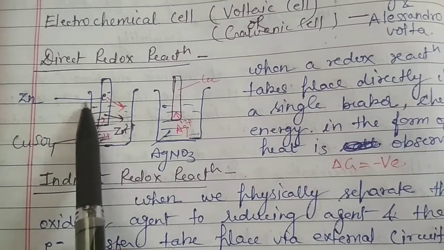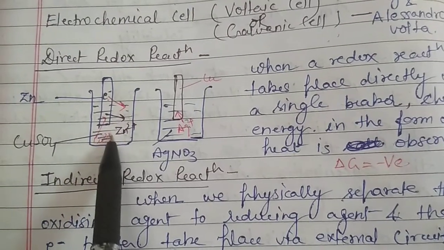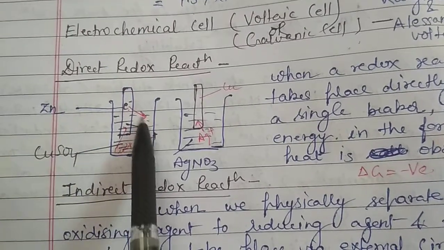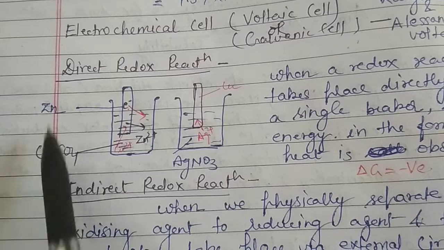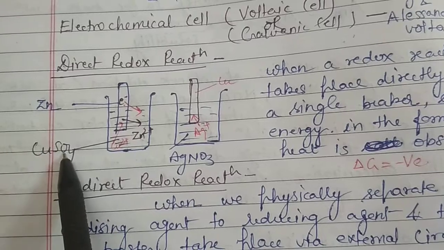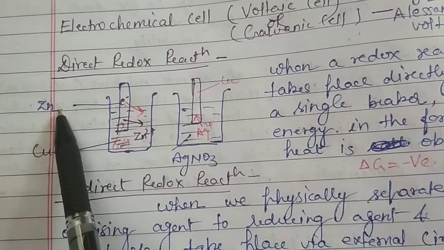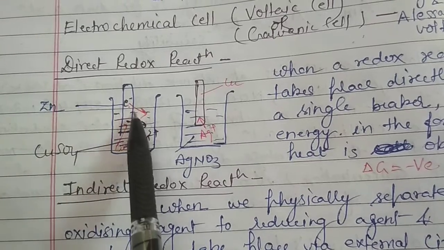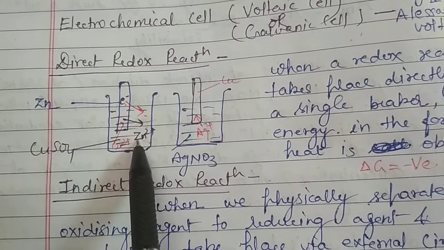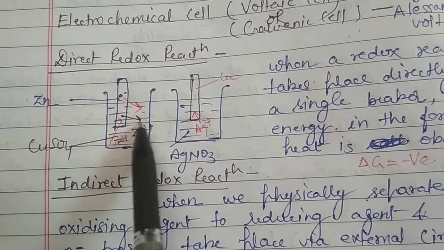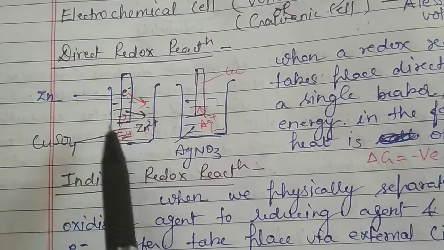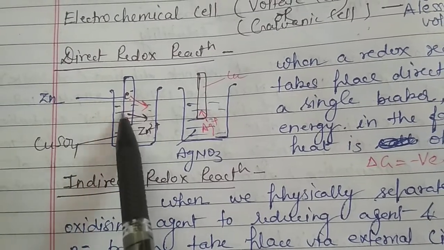For example, suppose I have taken a beaker in which I have taken copper sulfate as an electrolyte and a zinc rod as an electrode. So what will happen between zinc and copper? Zinc has the tendency to get oxidized in comparison to copper, while copper is reduced. So the zinc rod gets oxidized by de-electronation, and zinc ion moves towards the solution, and electrons are used by the copper sulfate solution, and copper ion gets reduced and deposits